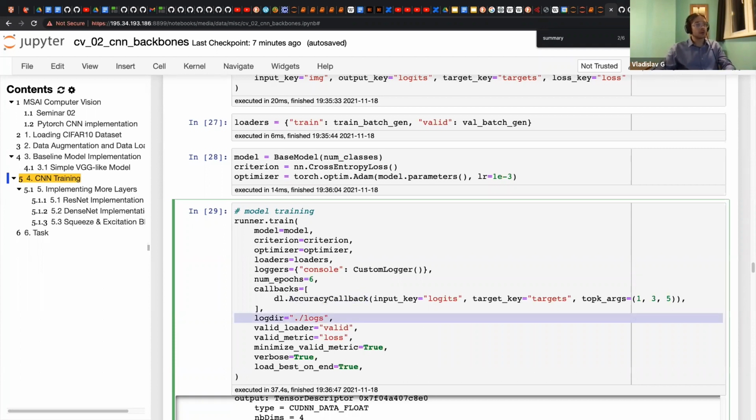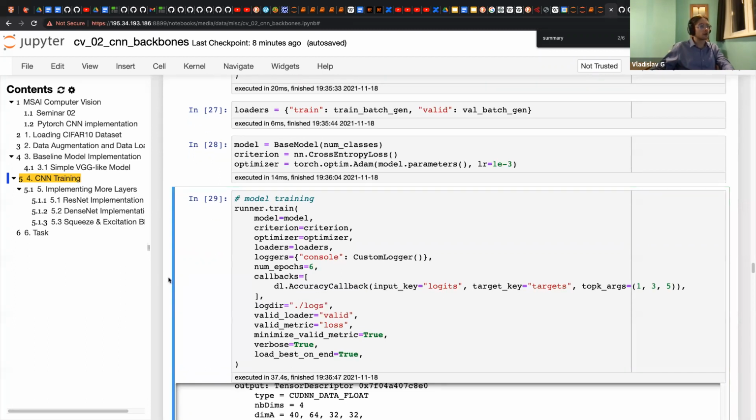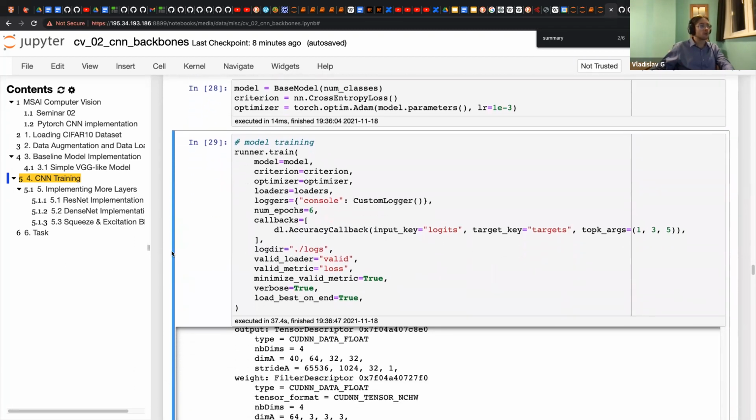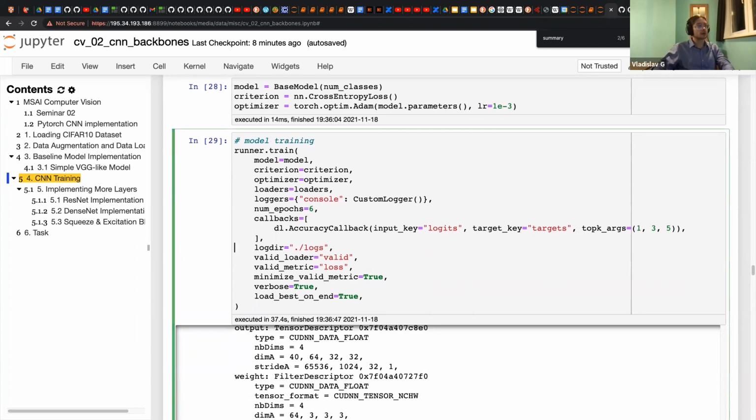Another important thing is a logdir. Logdir is where everything is stored in Catalyst. This is usually done this way. So some local directory with name logs or logdir or anything you like. We will speak more about logging in Catalyst a bit later, and this is a directory that will contain everything.